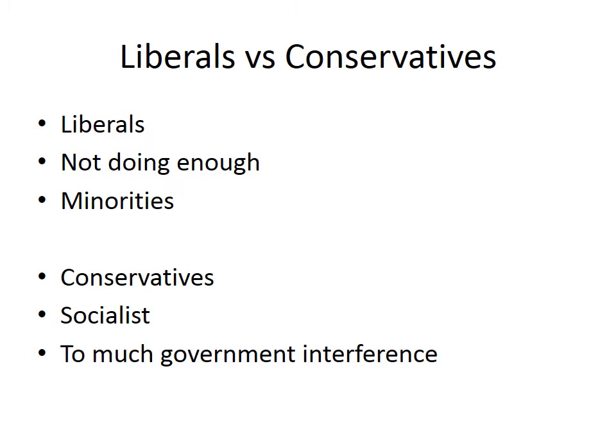Conservatives are going to believe that FDR is going too far. He's overreaching. He's getting involved in economics and business and the private sector in ways that it had never done before. There was too much interference. Remember this, the implementing of sort of a communist or a socialist state. So you need to be aware that there are two sides to everything.